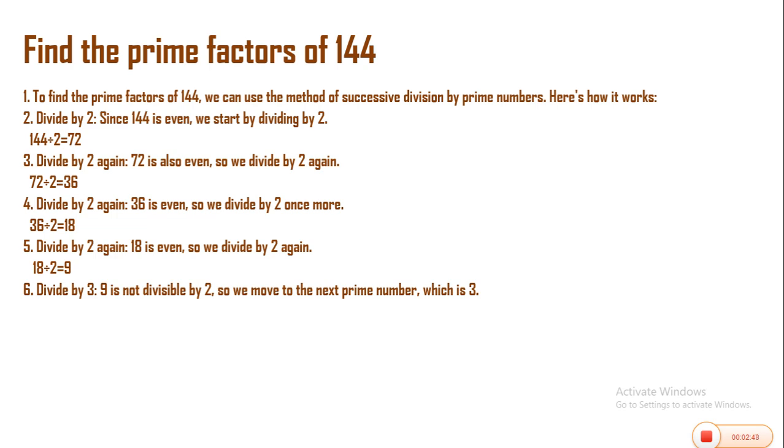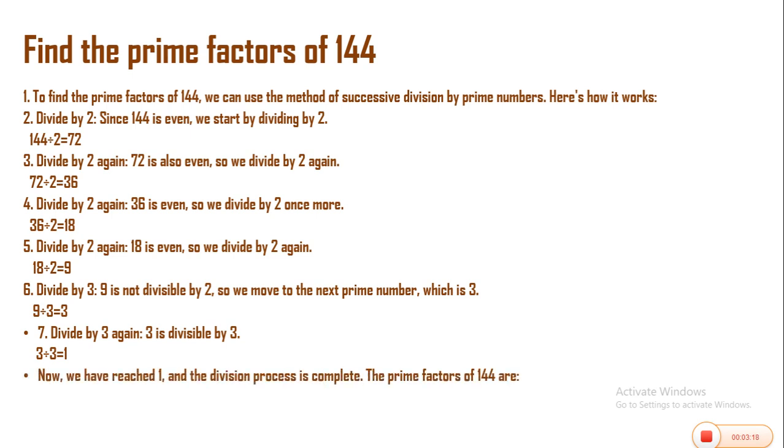So we go with the next smallest prime number after 2, which is 3. 9 divided by 3 is equal to 3. We divide again by 3. Since 3 is divisible by 3, 3 divided by 3 is equal to 1. We have reached 1 and the division process is complete. So we are going to pick our prime factors. The prime factors of 144 are